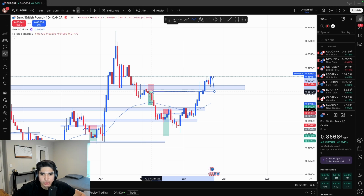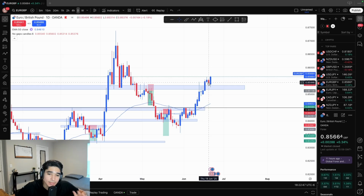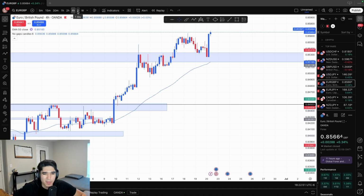Rejection of the last period structure point, and just take a trade like this, similar to this one, where my take profit is gonna be probably same as here, around the EMA and this support and resistance zone. If that does not happen,